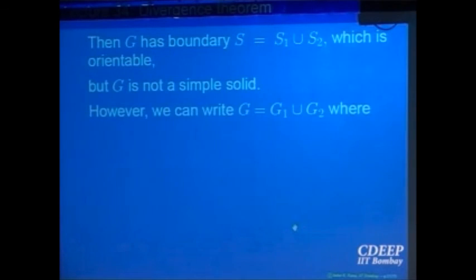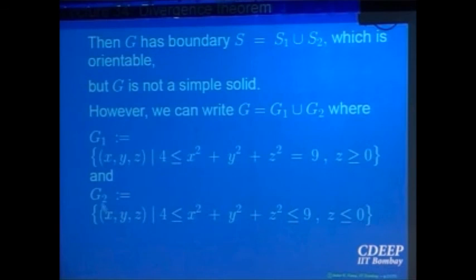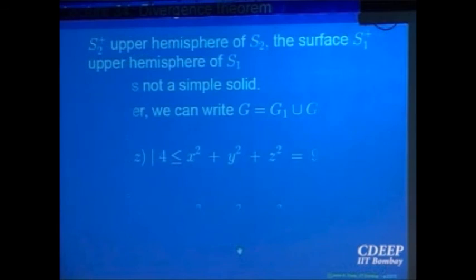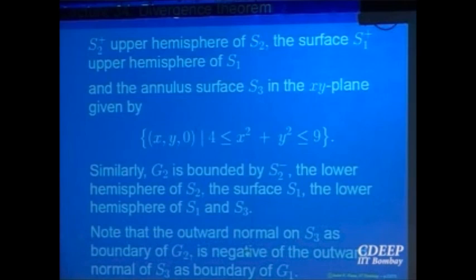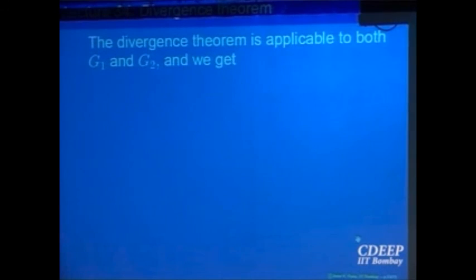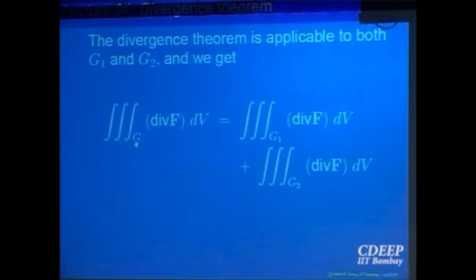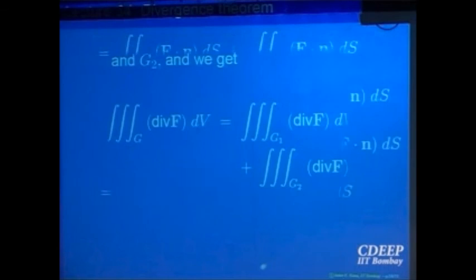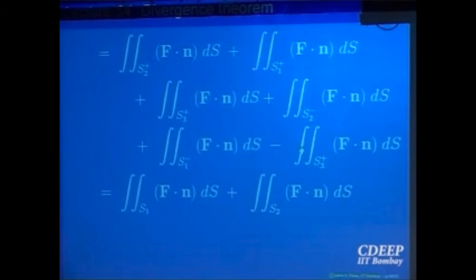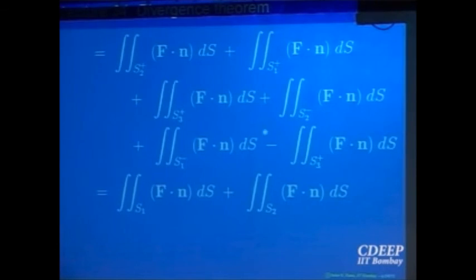The rest of the computation is simple. So G1, G2, two different regions, and things cancel out. All this is written and explained, but once you understand the basic idea, there is no problem. So let me skip that portion. Right, so these two add up and give you the triple integral. On the other side, that cancels out. One will have the positive sign, the other the negative sign. These two will be S3 and S3, one pointing outside, one pointing inside. These two will cancel out and give you the remaining thing.